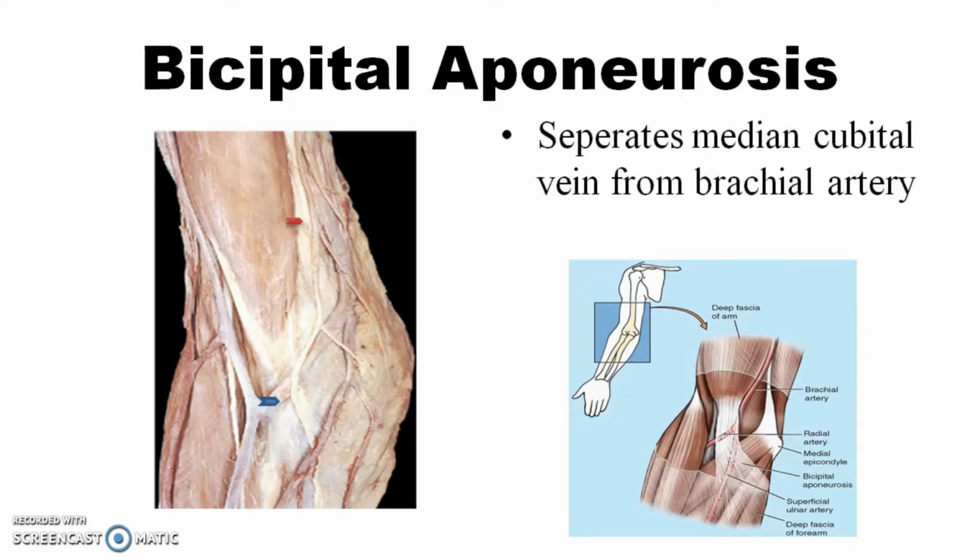And about bicipital aponeurosis, it is going to separate vein from an artery. So vein present in the forearm region, that is near to the cubital fossa, we have a vein called median cubital vein. The vein which is going to connect two superficial veins such as basilic vein and cephalic vein. So that median cubital vein will be superficially placed, and deep to that we will be having this bicipital aponeurosis, and below this aponeurosis we will be having an artery called brachial artery. So this is the aponeurosis which is going to divide or separate the vein from artery region. Vein which is present superficially, artery is present in the deeper aspect.